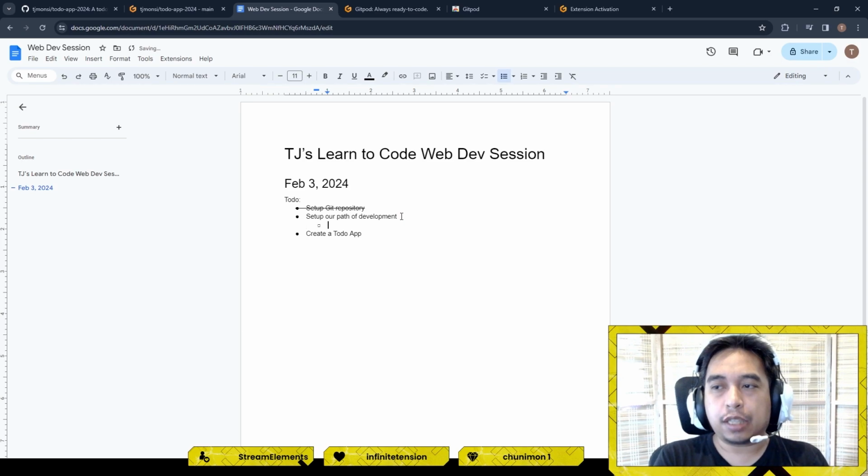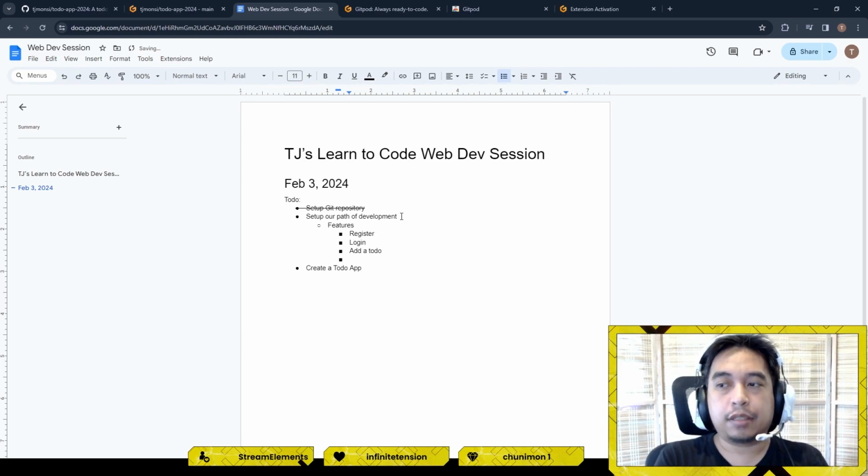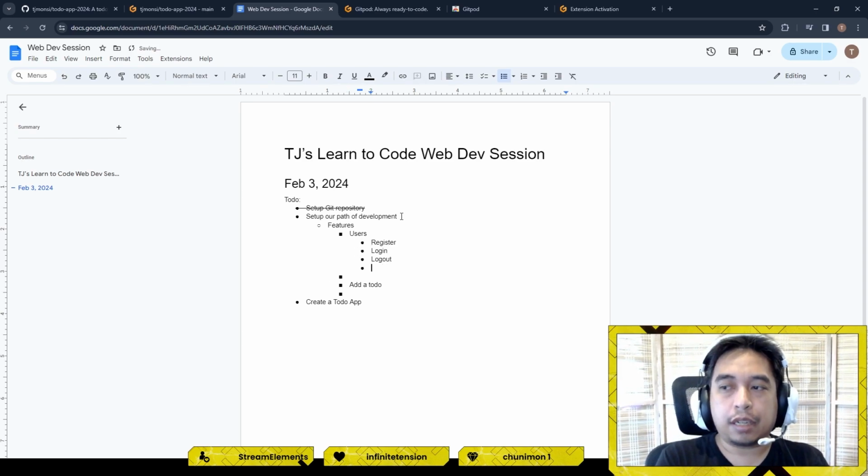What are the features? For users: register, log in, log out,